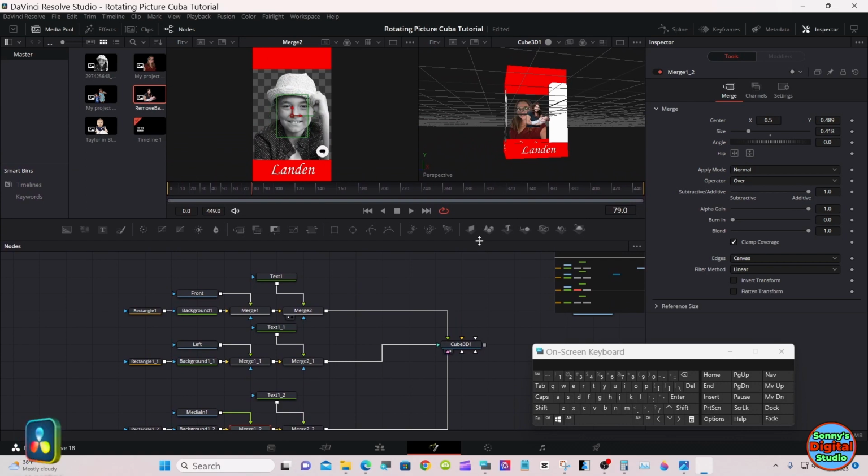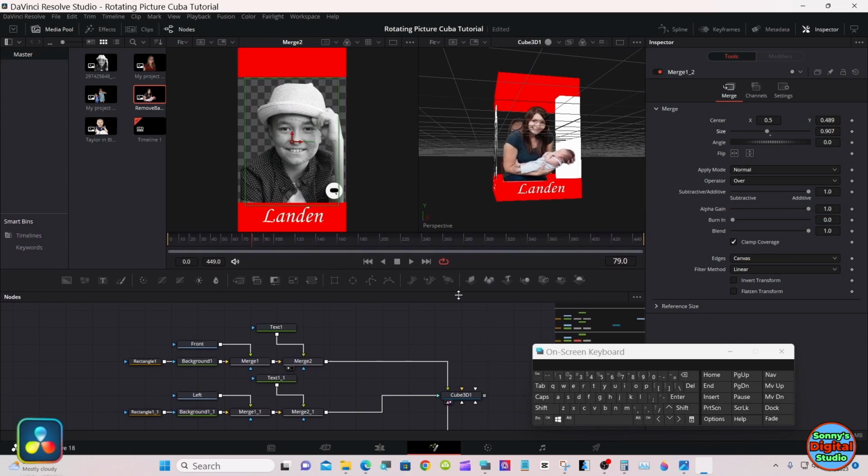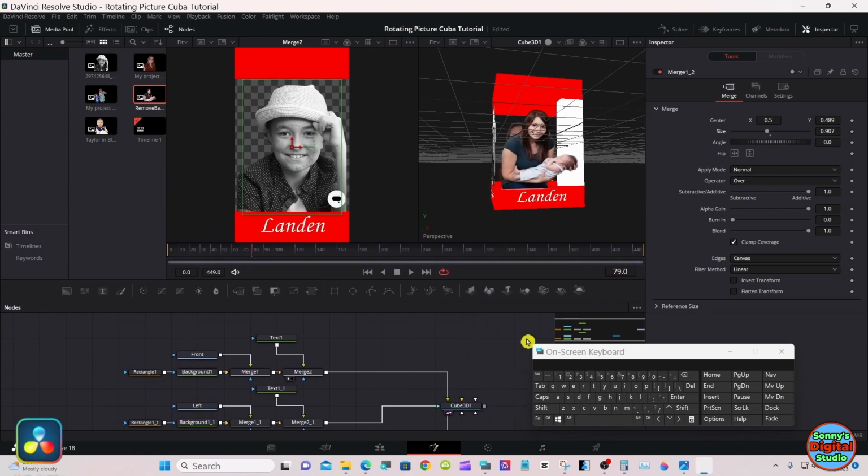Now with that merge selected, we'll go back and change the names later. We carried the name down, which is fine. It's easy enough to change.